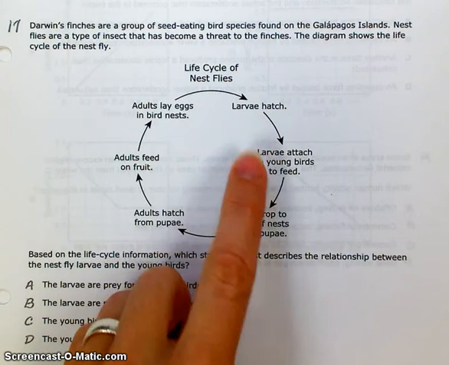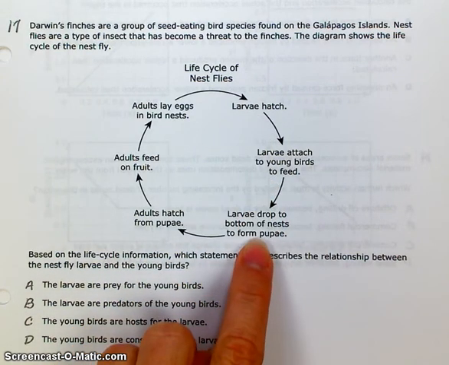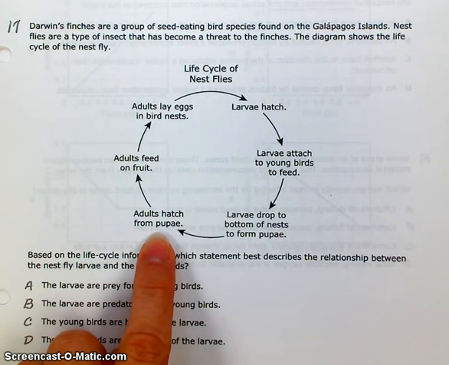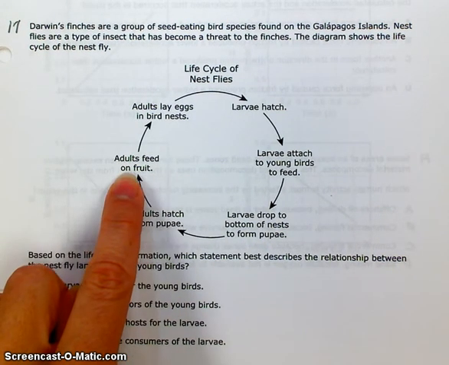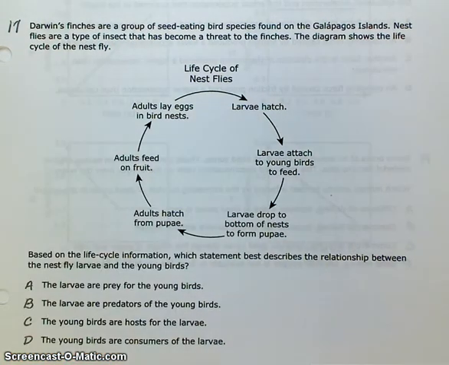Larvae hatch. Larvae attach to young birds to feed. Larvae drop to bottom of nests to form pupae. Adults hatch from pupae. Adults feed on fruit. Adults lay eggs in bird nests. Larvae hatch, etc. Based on the life cycle information, which statement best describes the relationship between the nest fly larvae